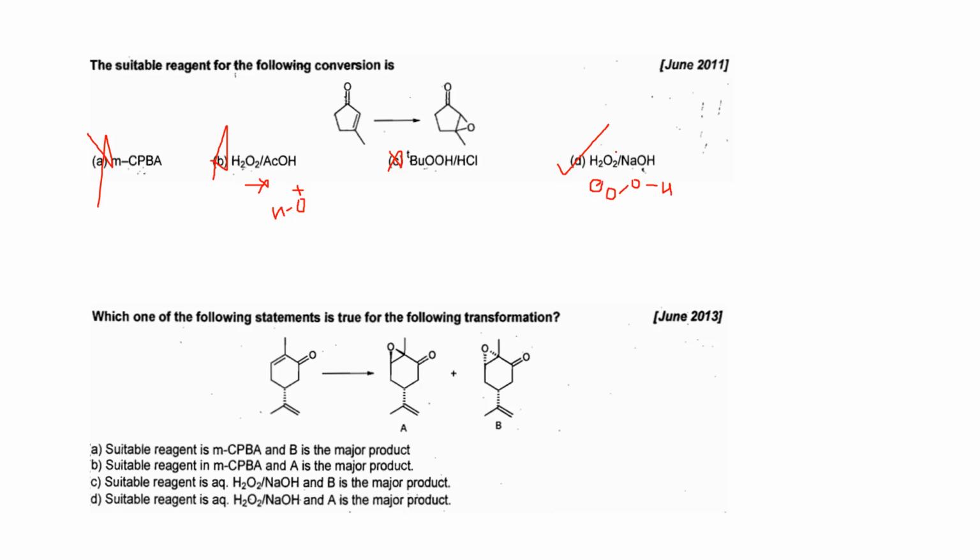So for this one it is always H2O2 NaOH. You have to know the second part of the reagent also. You need the combination of H2O2 NaOH, not H2O2 acetic acid. This is just to confuse you. They have given these two options. Okay, so whenever there is an alpha beta unsaturated double bond, what reagent will we choose? We will choose H2O2 NaOH, not mCPBA. mCPBA is for electron rich double bonds. Now this next question, I think I repeated it; I have already discussed this one.